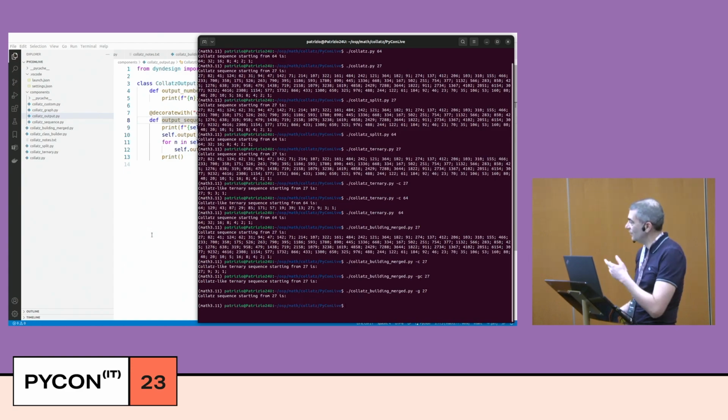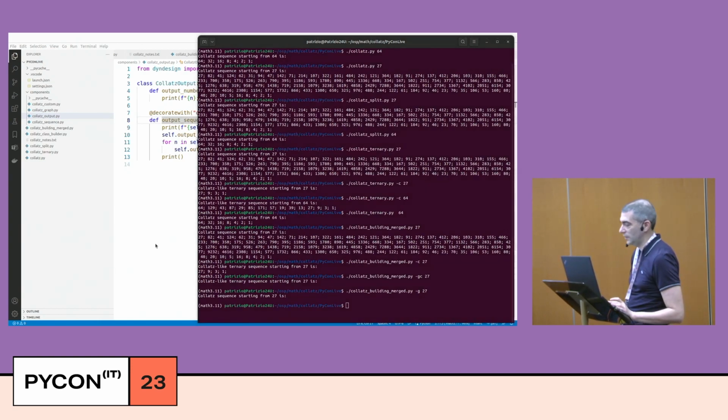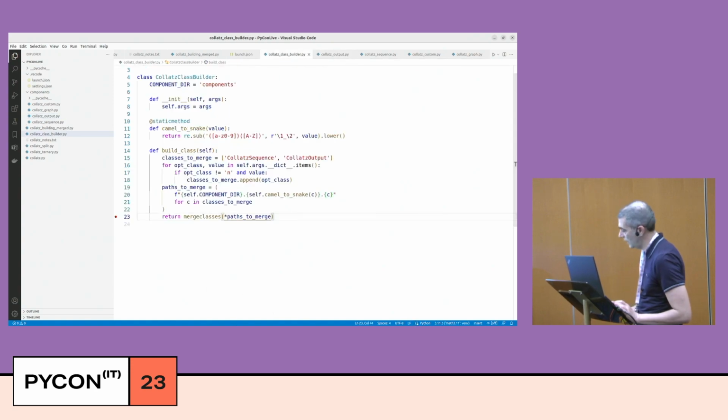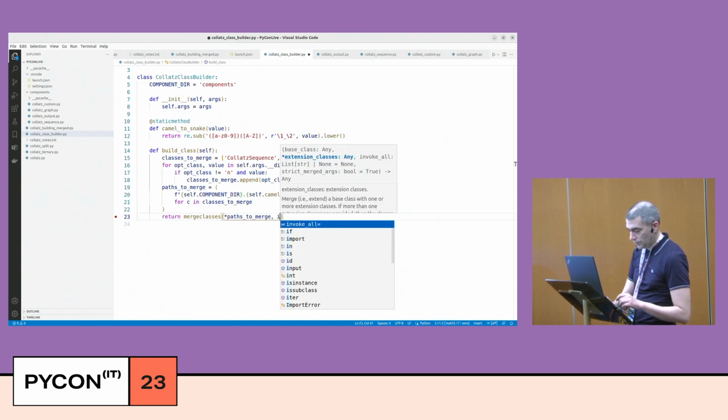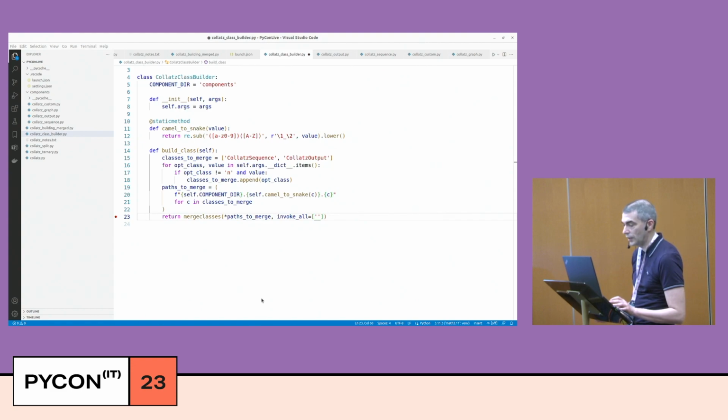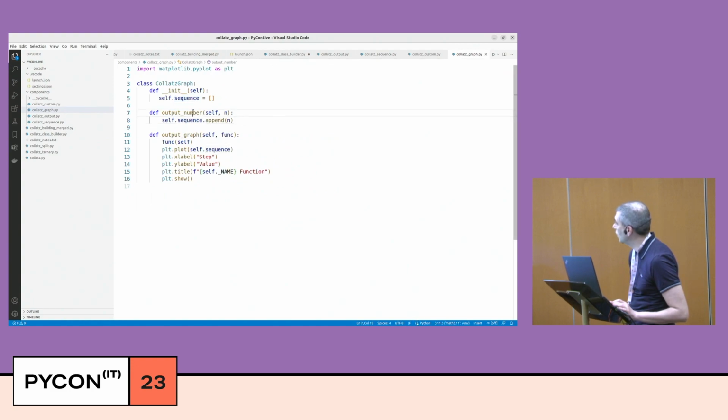One may say, yeah, it's okay, but now the numbers are not printed anymore to the screen, and I don't like it. I also want to see the numbers on the screen, etc. Okay, no problem, because I can do something like this. I have one more argument I can put here. It's called invoke all. And I can pass to this argument exactly the names of the methods that I want to be executed all, like